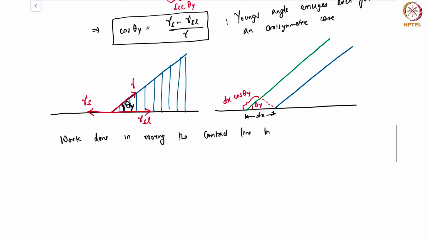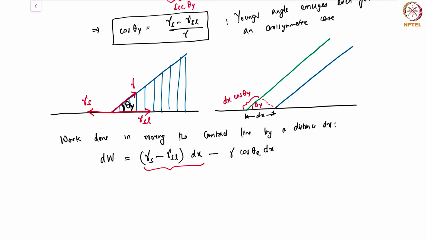Contact line by a distance dx. Now, if you want to write down this work done, we say this is simply dW is gamma solid minus gamma solid liquid times dx, minus gamma cosine theta e d theta x. So this first quantity that you see here is basically because of contact line motion,